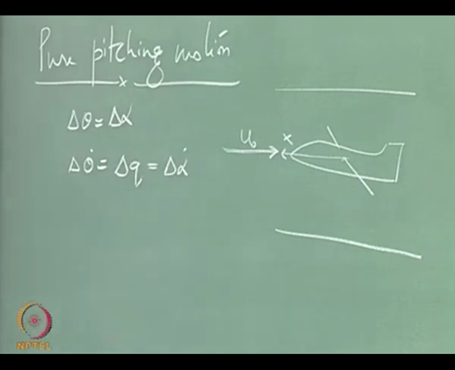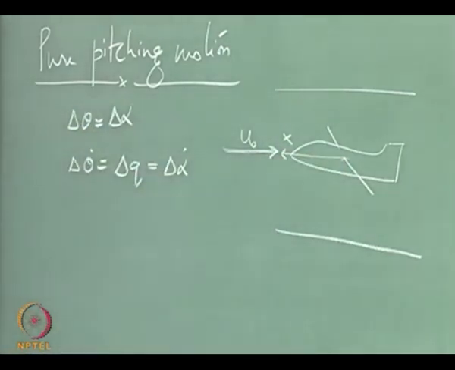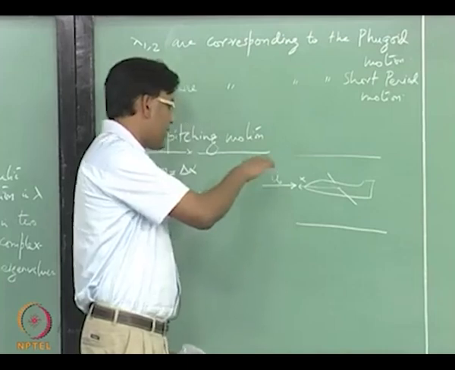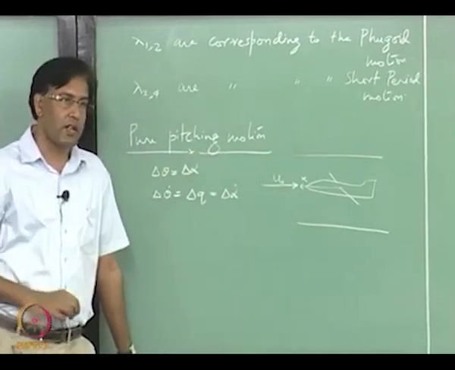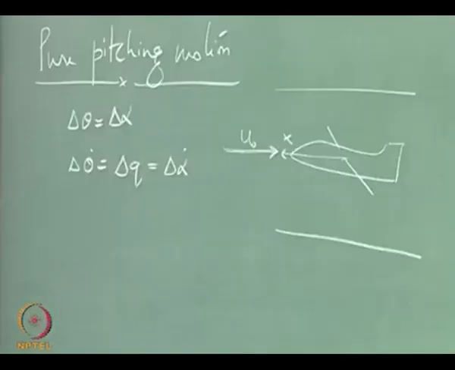Delta theta dot will be equal to delta q even if x is not aligned with the x axis of the inertial frame of reference. So, we arrived at the equation of motion for this pure pitching motion, and that was